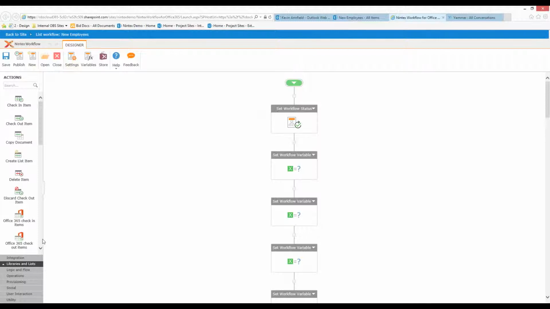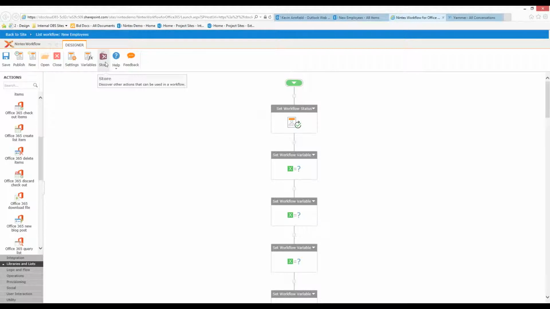And you can see here, these ones that I'm hovering my mouse over right now are all the standard actions, but then Nintex adds all of these other Office 365 actions. And all of those actions are added into the design surface from the Nintex Store. You can really easily access that Nintex Store just by clicking on the Store button,